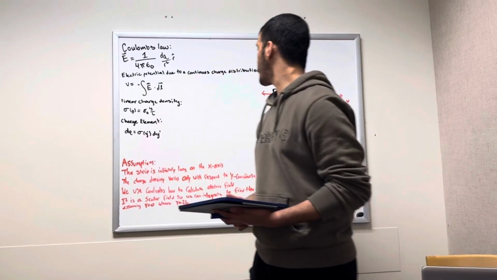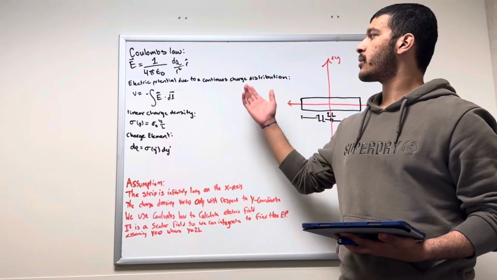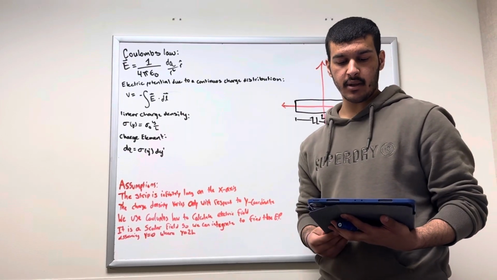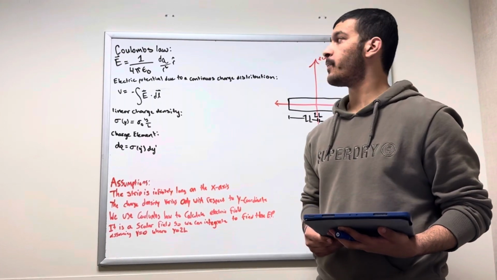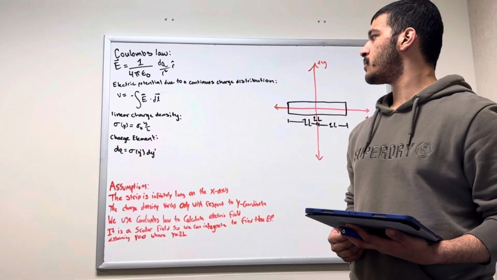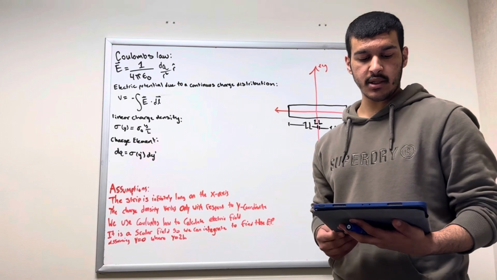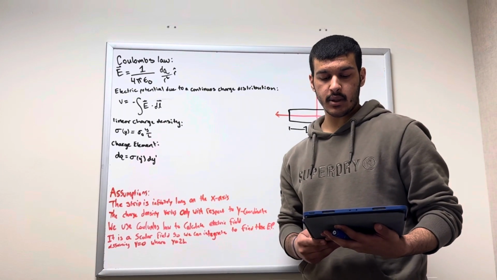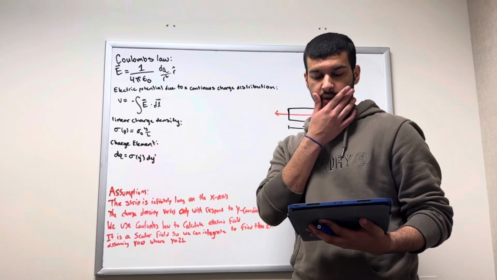Alright, so over here we have all the formulas that we're going to be using, starting with Coulomb's law. We've chosen Coulomb's law to describe the electric field produced by a point charge dq at a distance r. Then we have the electric potential due to a continuous charge distribution, and we have chosen this one because this formula calculates the electric potential V at a point due to a continuous charge distribution by integrating the electric field E